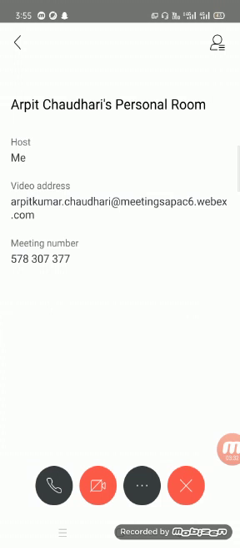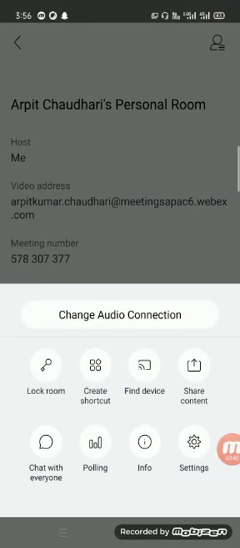Next, there are three options. Sorry, there are three dots. By clicking on these three dots, you are getting more options. With the help of these options, you can change a few things. First option is lock room.